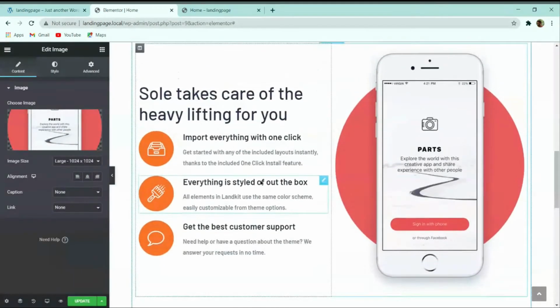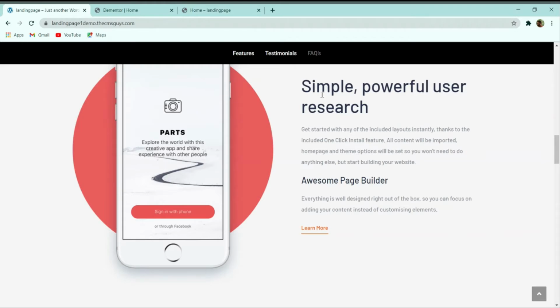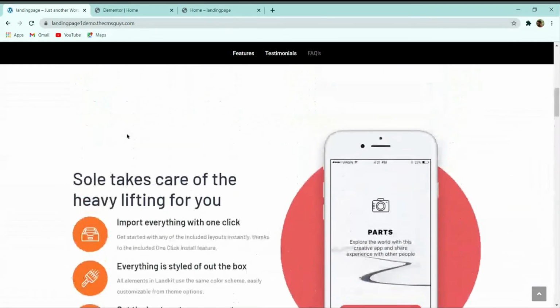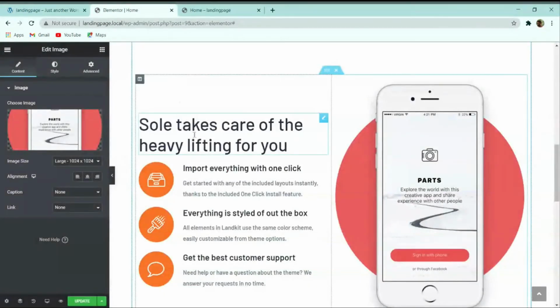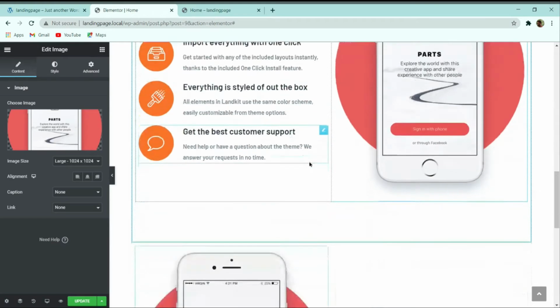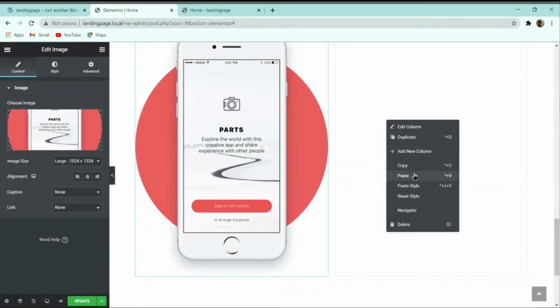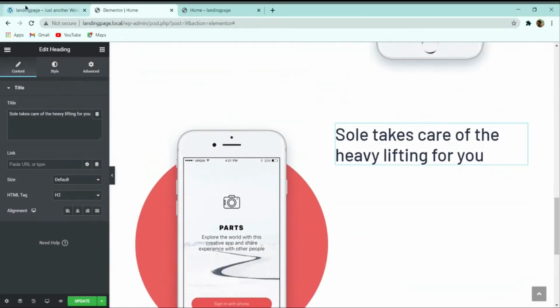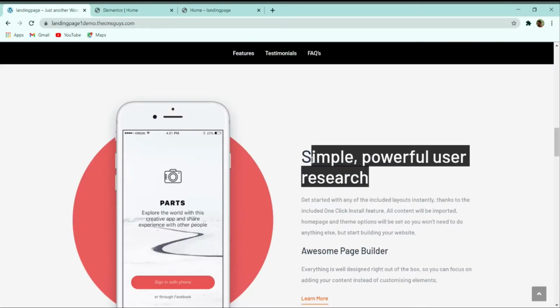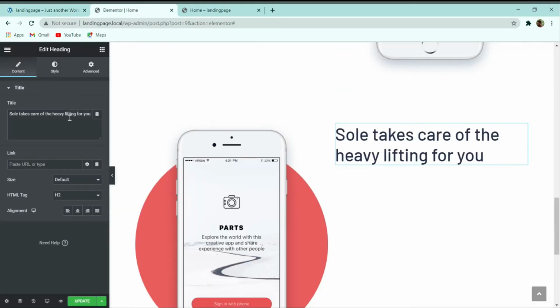For this text, you can see that the heading text is similar. So I can simply copy the heading text from here and paste it here. Instead of changing the heading text, simply copy this heading from here and then paste the title here.